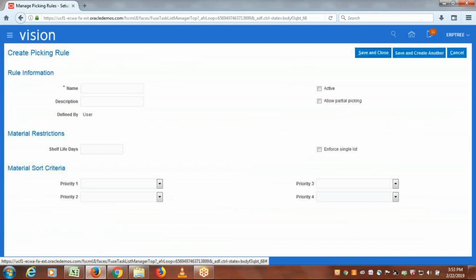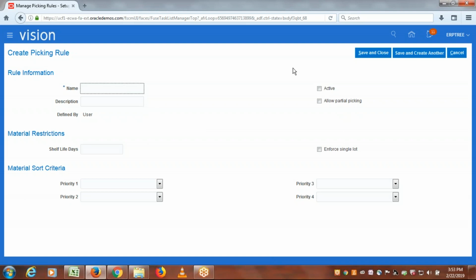Click on create. Here you can provide the name, ERP3 picking rule. And first activate this rule. So when we are going to